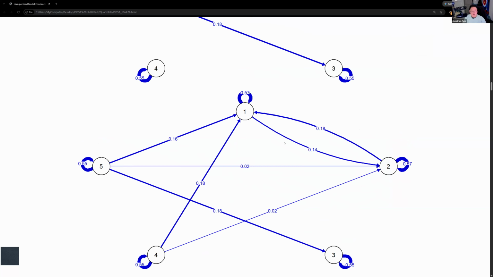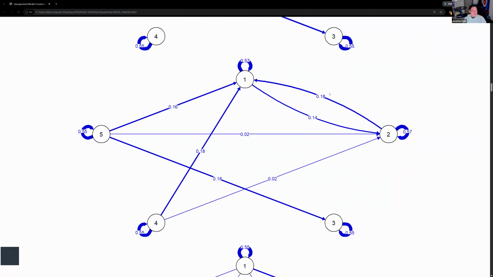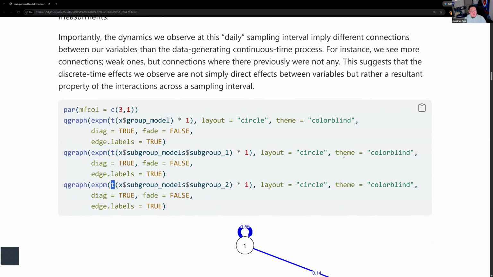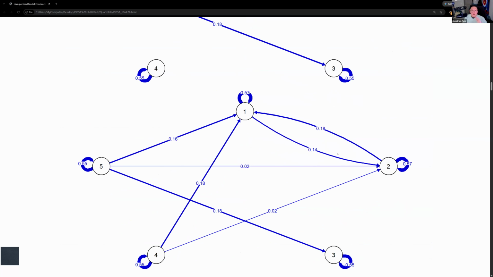in psychological data. When we transform for subgroup 2, we see that there are additional paths, again, that were not there previously. We see there's an effect between 5 and 2, whereas the original subgroup path did not have a path from 5 to 2. So again, as you apply this matrix exponential, some paths are going to emerge that were not there in the original continuous time path.